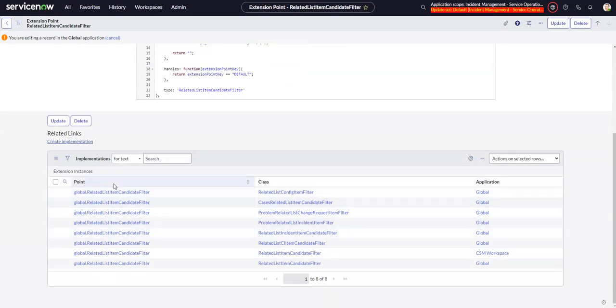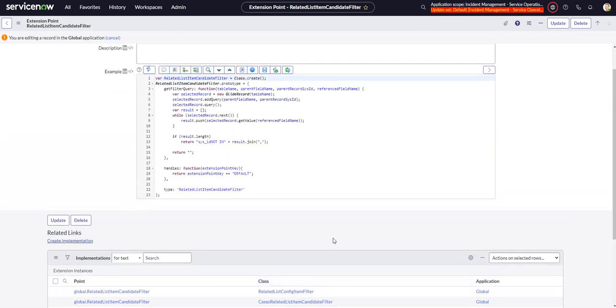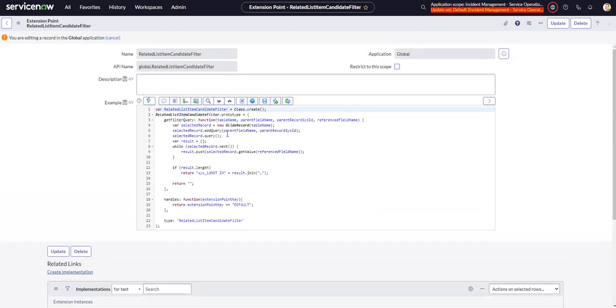So it's going to give back all of these different ones. Each one of these script includes is based off of this model here, because here are the different functions that you are going to want. The main show here is in get filter query. So here in the example, what it's showing us is what the default behavior is, which is when you call it, it's going to, well,